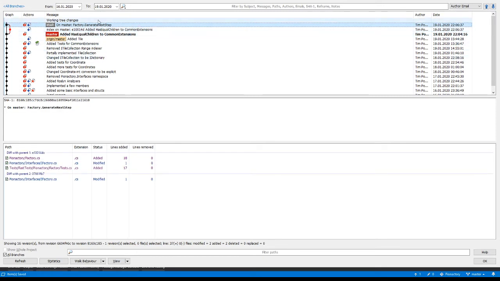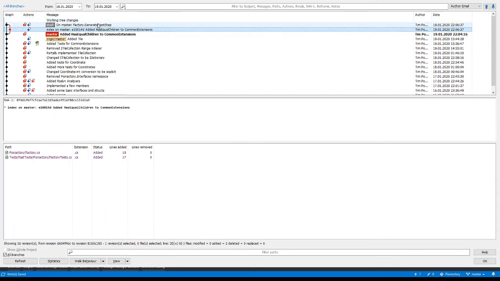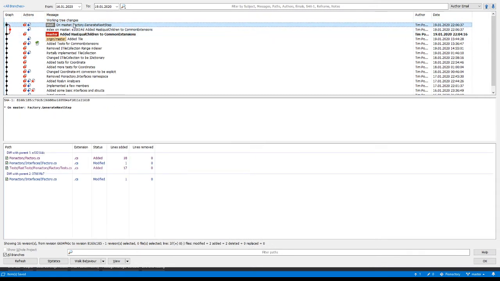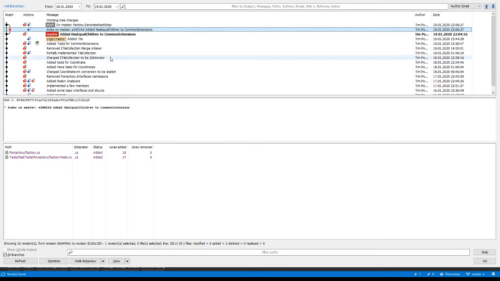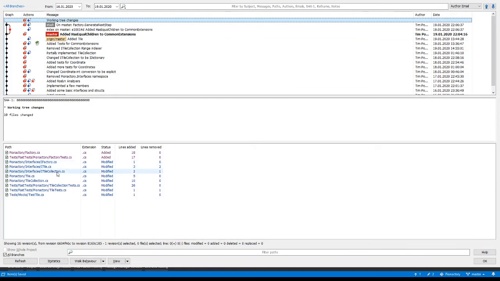Wait, what did it do with the others? What happened? It doesn't show this here. Wait, stash list. Okay, the other's still there. Good. I was a little scared for a second. So now I actually apply the other one again. Stash apply. And now